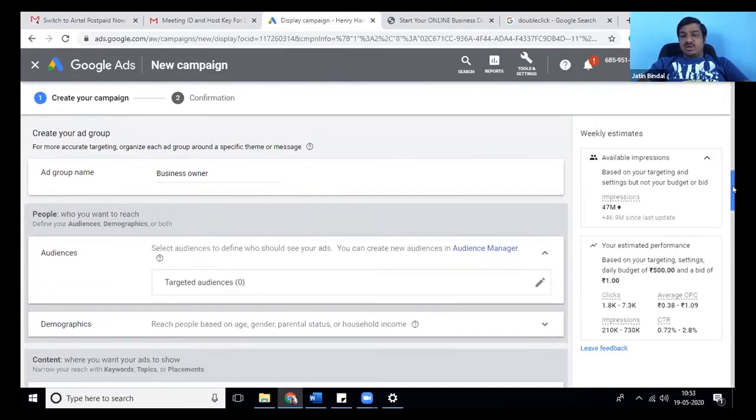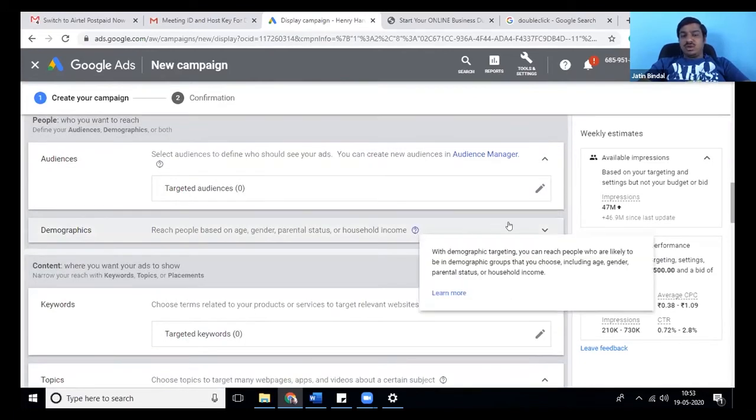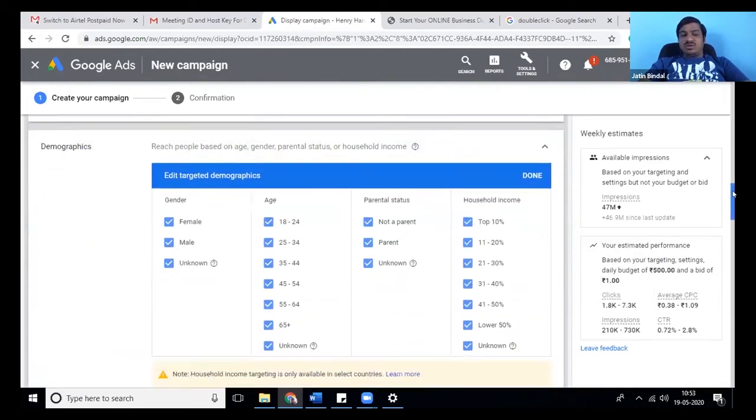The fourth type of targeting option is demographics. You can target people based on gender, like who is your main audience: male, female, unknown. I don't know, because most of the loan takers are males in India. I'm not talking about racism here, but that is what the true condition is. Then, which age group takes loans, from this age group till 54? Nobody takes a loan after 65, I believe, I'm not sure.